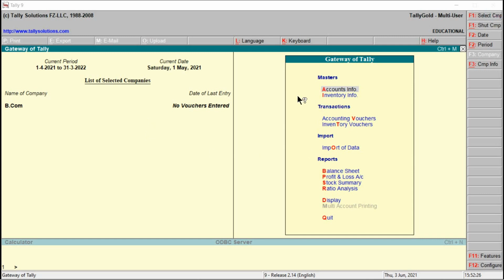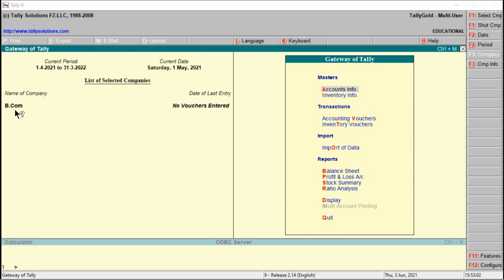Then this area is what we call the main area. In the main area, we have two parts: one is the left-hand side, the other is the right-hand side. On the left-hand side, we can see the date displayed, the day and date, and the financial year period, from 1st of April till 31st of March, and it also displays the list of companies which are loaded.